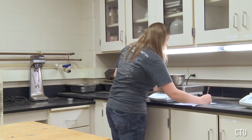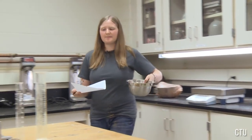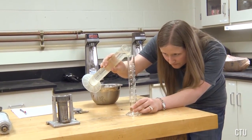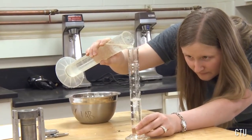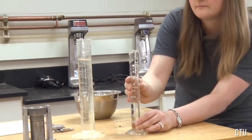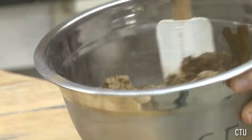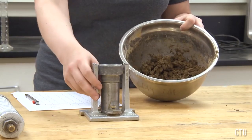I will record this number. Now that this has been recorded, I can calculate. I will then add the water to the soil, and I'm going to mix it thoroughly. Now that the sample has been completely melded and mixed, we're going to place it into the compaction mold and